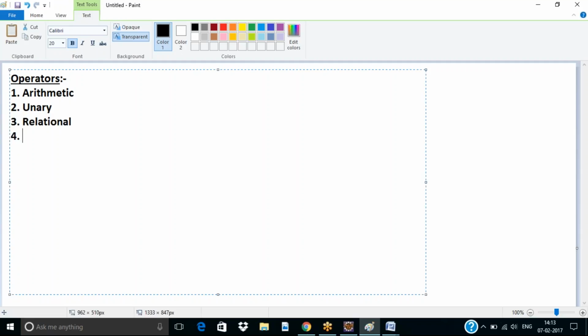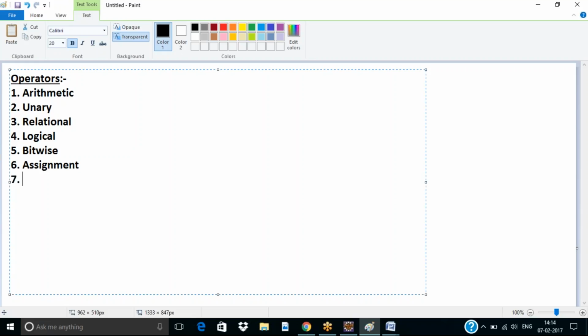Fourth one, logical operators. Fifth one, bitwise operators. These operators will perform the bit operations like bitwise AND, bitwise OR. Sixth one here, assignment operators. And the last, seventh one,